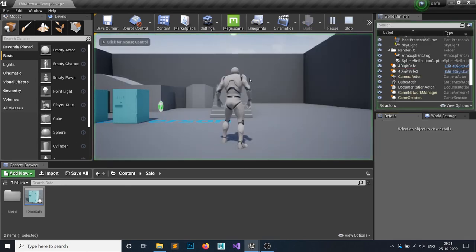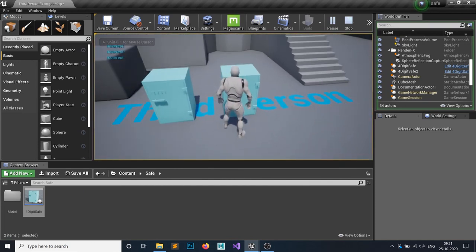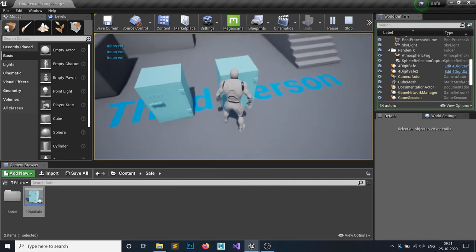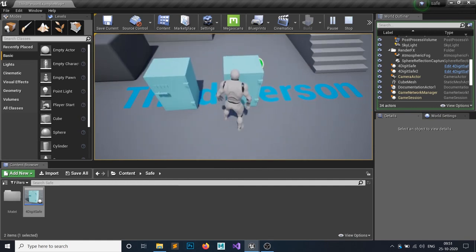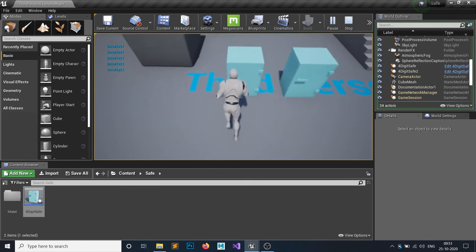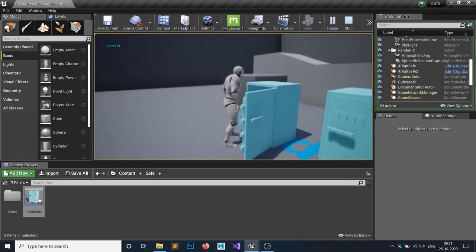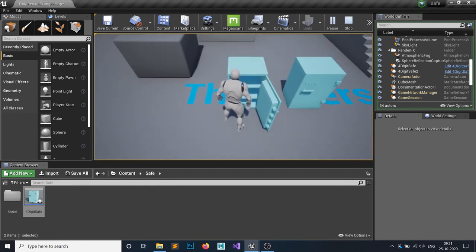So hit play. If I hit E, you can see incorrect because the password for this safe is 1234 and we have entered 0000, but in here our password is correct. So it's correct and it will open something like this, but now it is already open, so it won't open again.